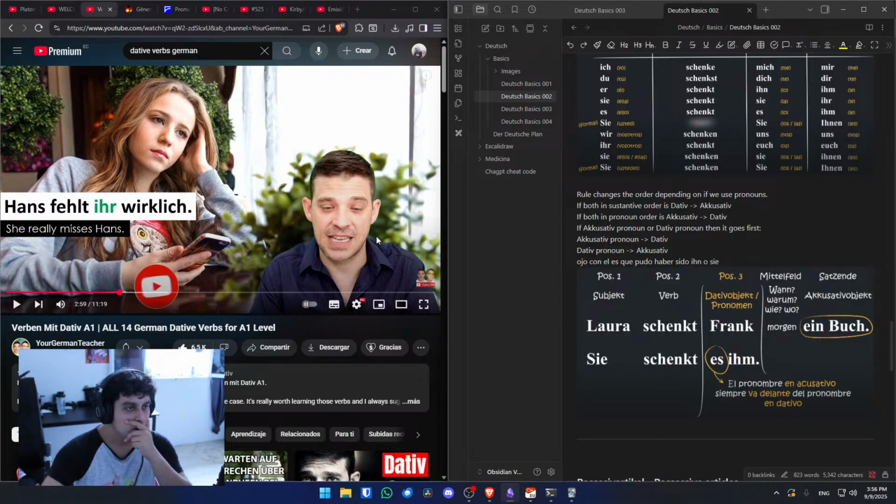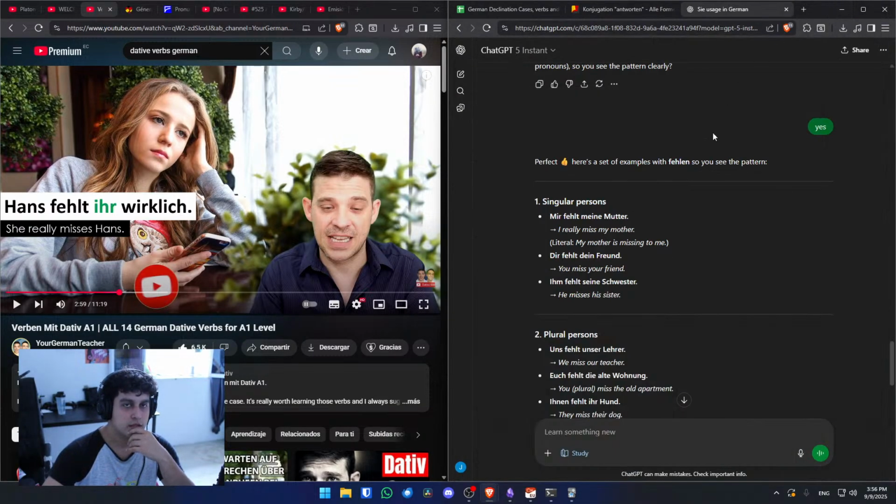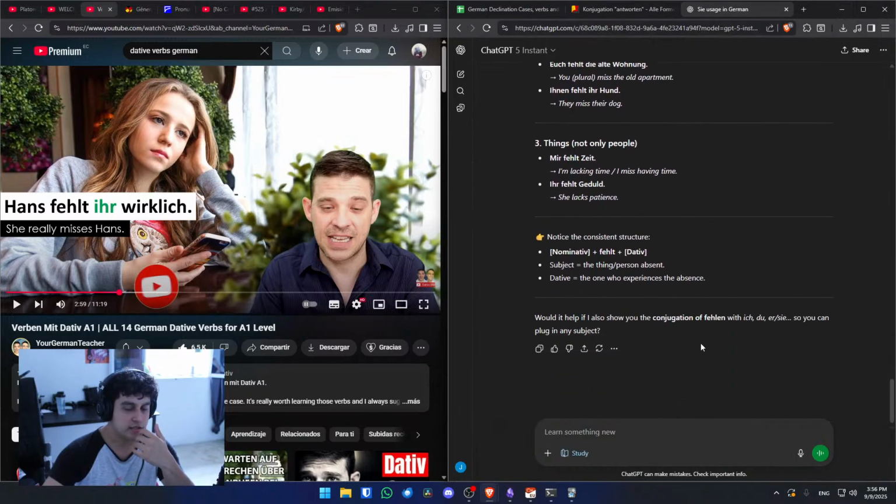Interesting. But this is kind of a different structure of sentence. Is it different here? Es ist eigentlich nicht ähnlich. Ja. Das Wort Structure ist nicht ähnlich.